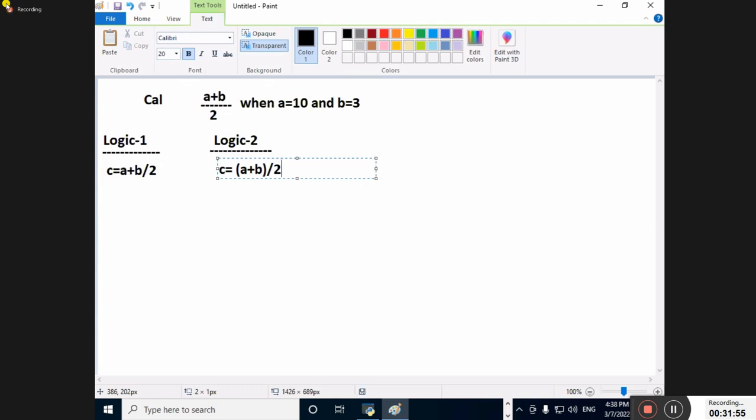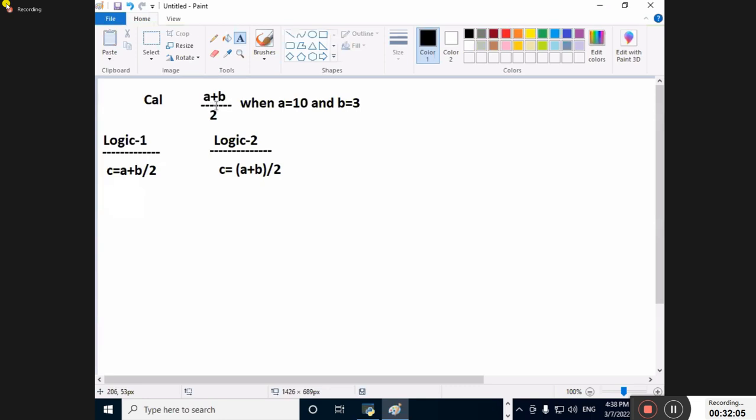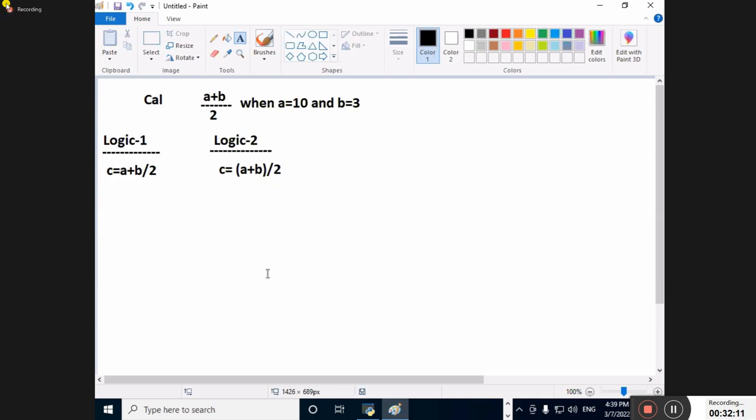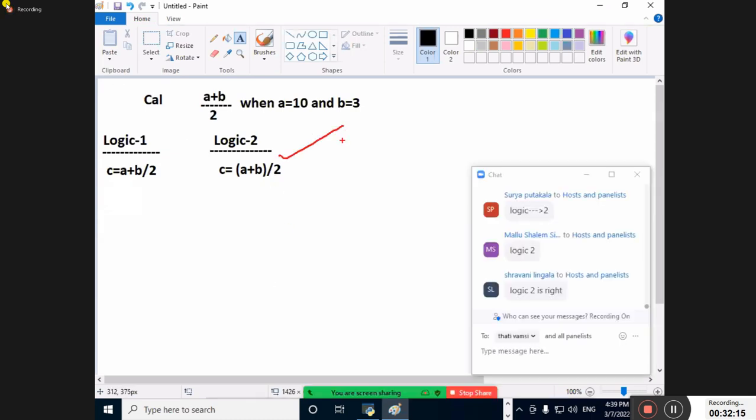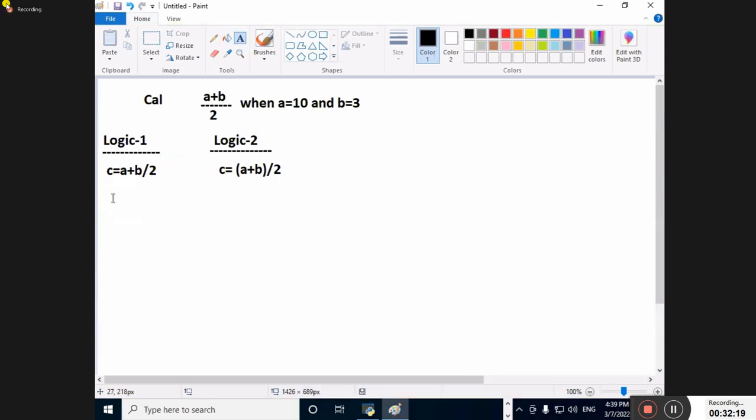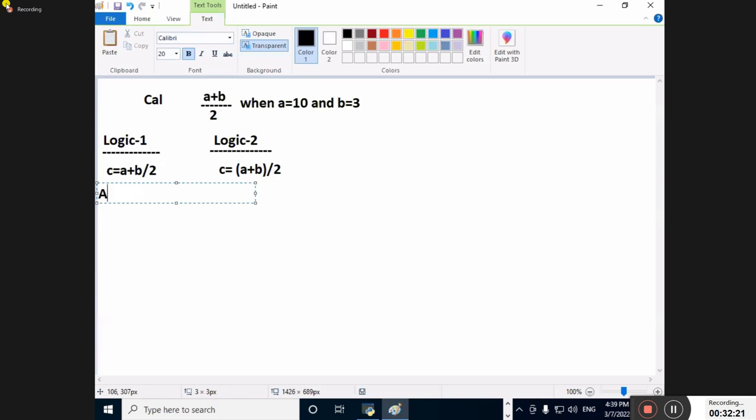According to mathematics representation, especially Python students and those becoming data science people, they must understand the logic and mathematical equations. You need to understand the BODMAS rule. What is the meaning of (a plus b) divided by 2? The first logic or the second logic? The second logic is required. The second logic is suitable. The first logic is a wrong representation, a wrong understanding. Because of this, what answer is coming, my dear students?